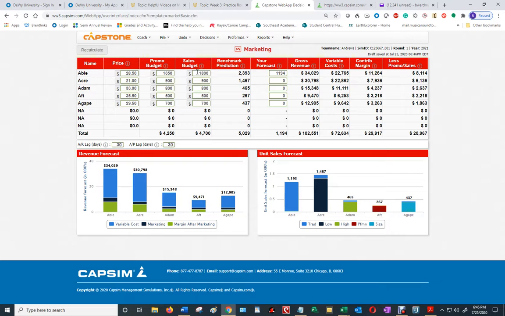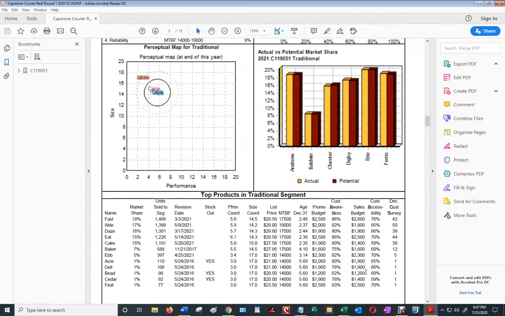Okay, and now the next thing, my sales budget or my accessibility budget. Sales budget and accessibility budget is the same thing. I need to go back into the Courier and see what I was last time. For Able, I was at 65%. I want to get it up to 70%. So what I do is I go into the spreadsheet,